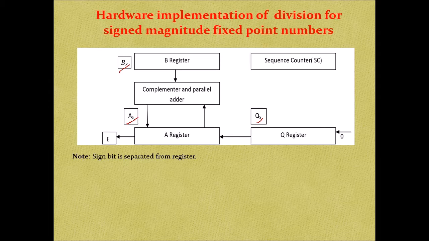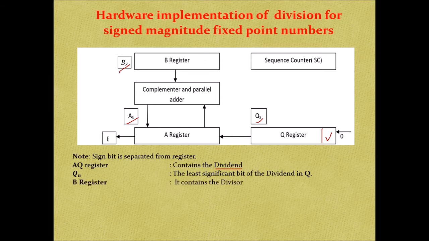First of all we have to consider this. Now here we can see what AQ is. This is the A register and this is the Q register. AQ is the register which contains the dividend. Next, what is Qn? Qn is very essential. Qn is the least significant bit of the dividend Q register. Here we can assume this is the least significant bit position, and this value is nothing but Qn.